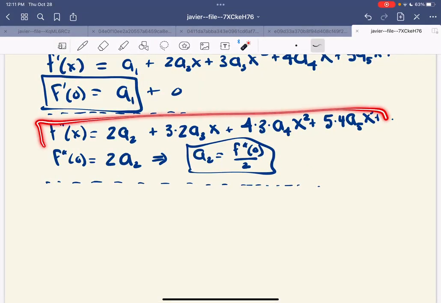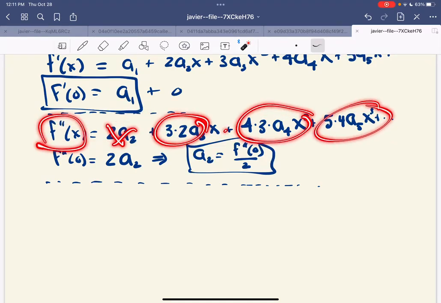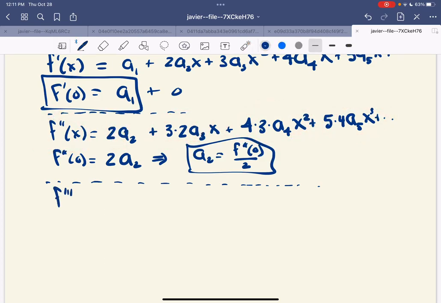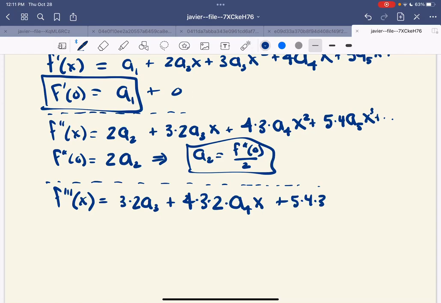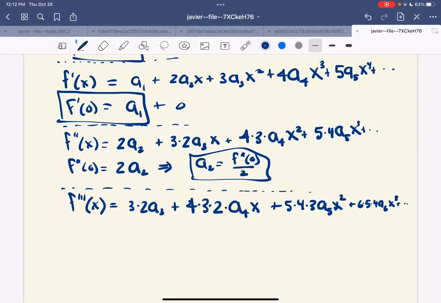I'm going to look at this line right here, and I'm going to take the derivative of both sides. That means I'll take the derivative of this. This will vanish. I'll take the derivative of this, the derivative of that, the derivative of that. And it will lead to something like this. F triple prime of x is equal to 3 times 2 times a3 plus 4 times 3 times 2 times a4 times x plus 5 times 4 times 3 times a5 x squared plus, of course, I can guess what the other one would have been, 6 times 5 times 4 a6 x to the third, dot dot dot. Okay, then we do the